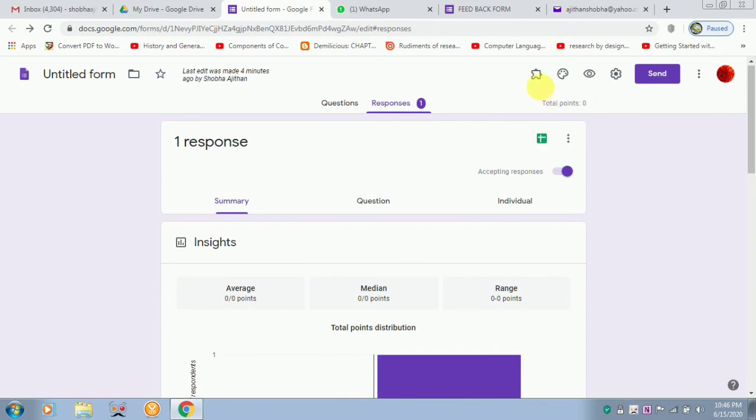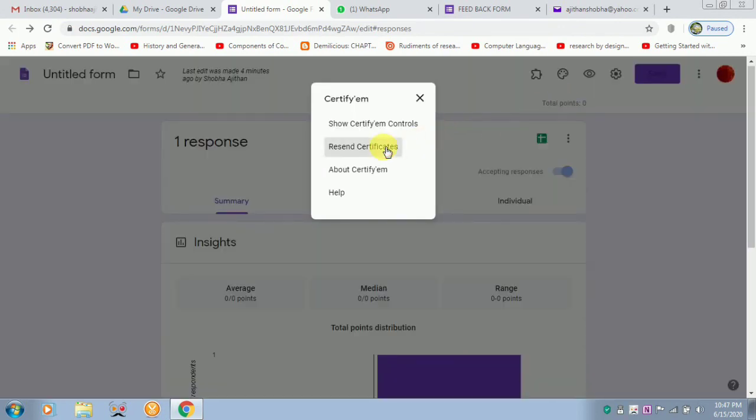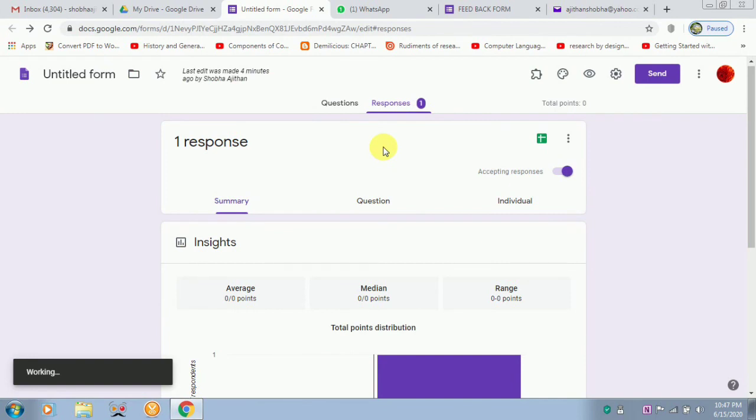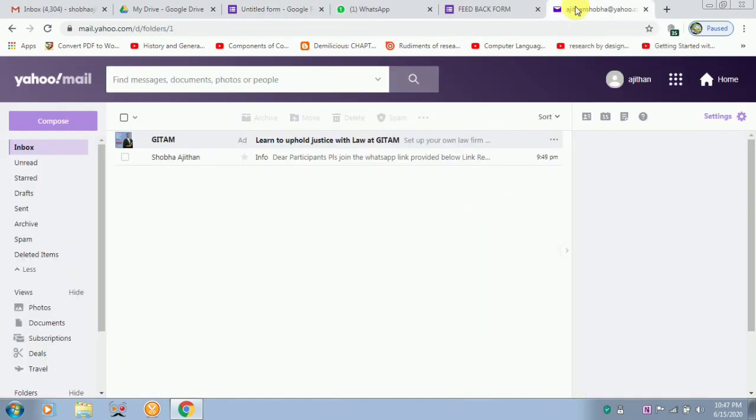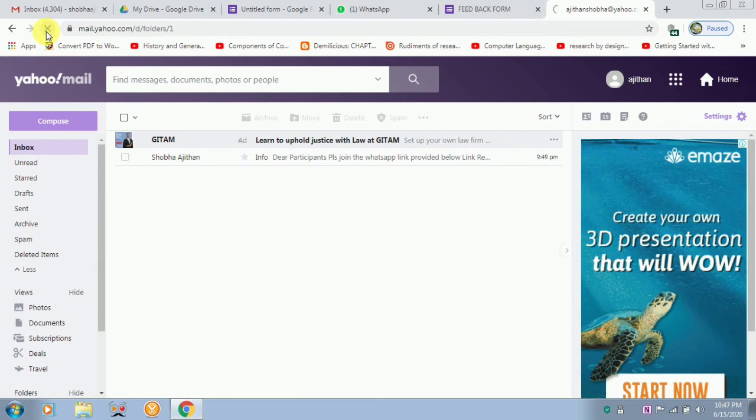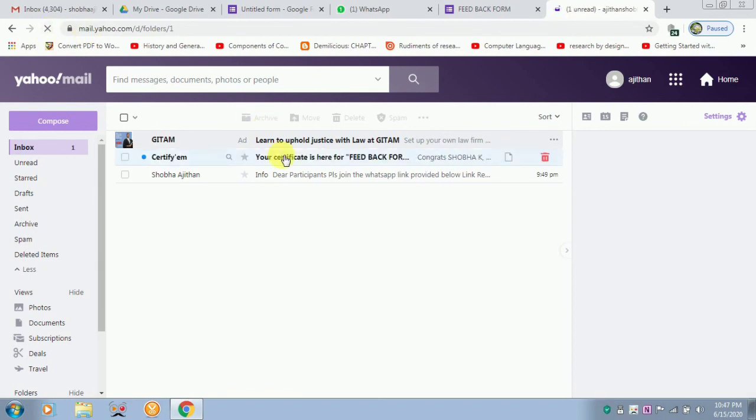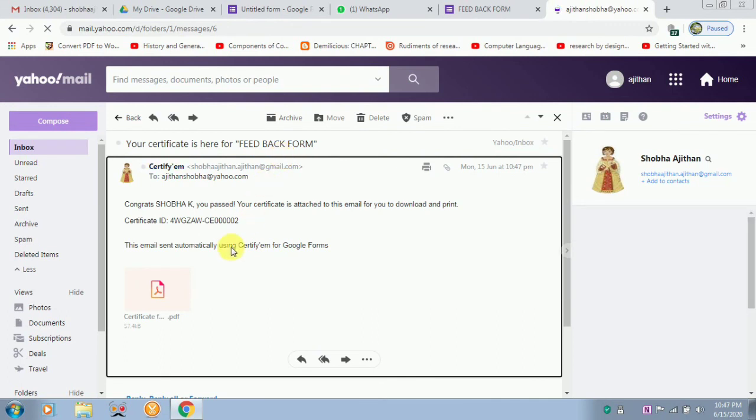If the certificate has not reached, you can again move on to Certify'em and resend the certificates. We'll just see whether it has come. So the certificate has appeared. Suppose the certificate has not come, you have an option called resend the certificates.